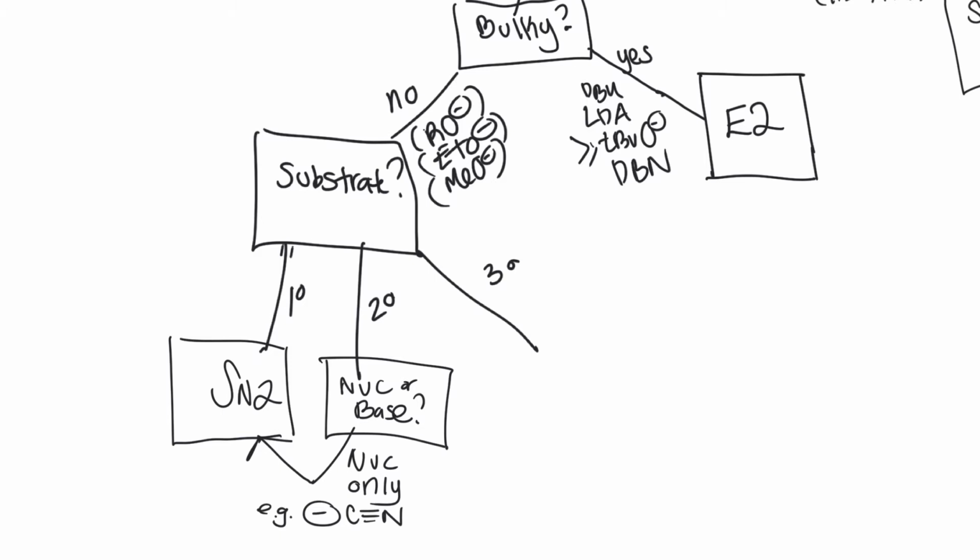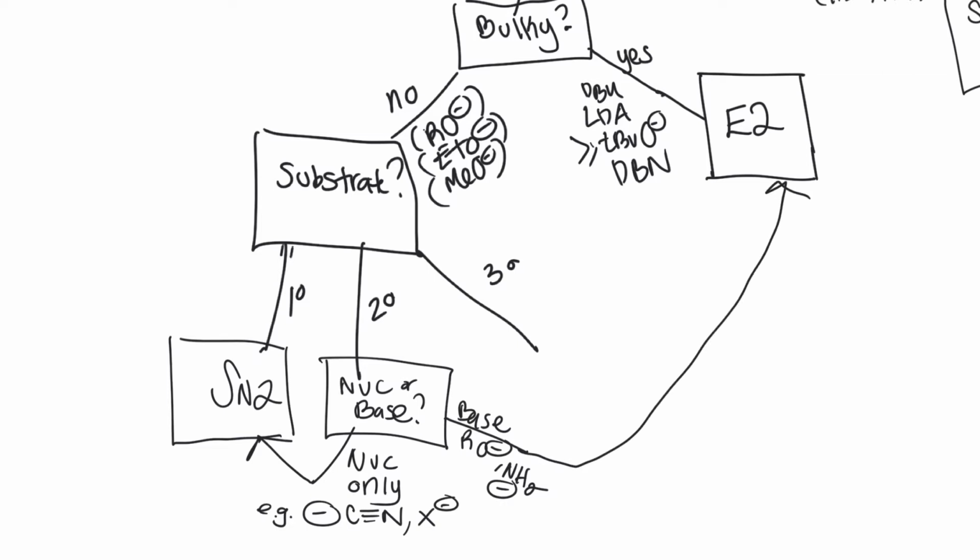What about something, or the halides, right? What about something that would be a reasonable base? So alkoxide, amides, they'll go E2. So in other words, two ways to arrive at E2 so far. Something that can only be a base right away, we'll just automatically go the E2 path.